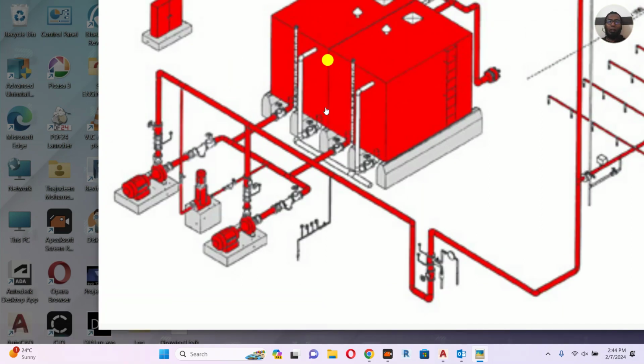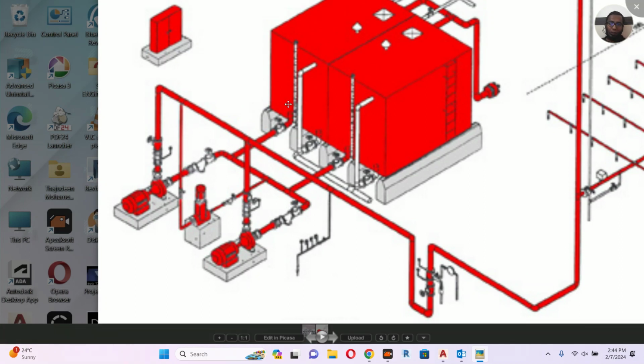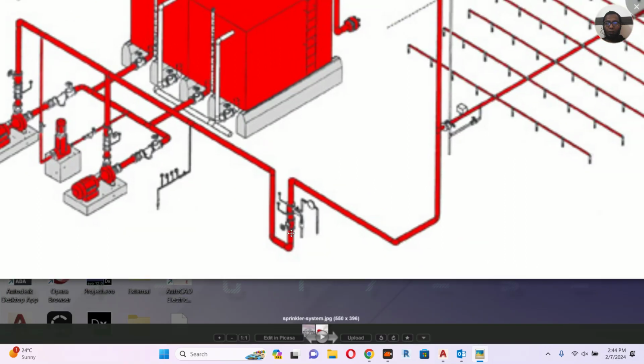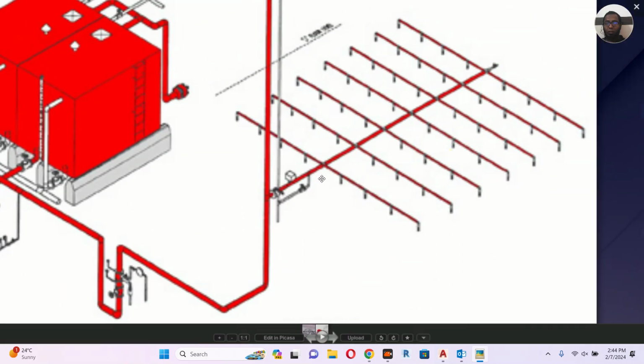Okay, and this is the fire tank. You see this taking water through here and going to here, because this is sucking from the header. This is the header. So taking the water and going to the pump, and from the pump it goes up and comes this way and goes like this and goes to here,